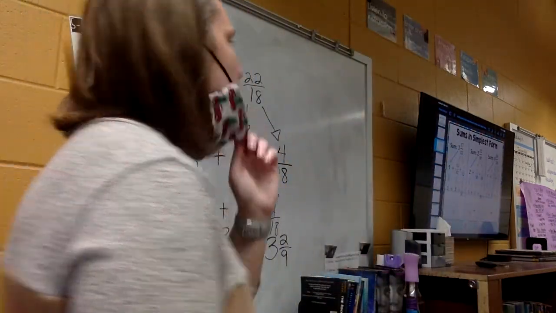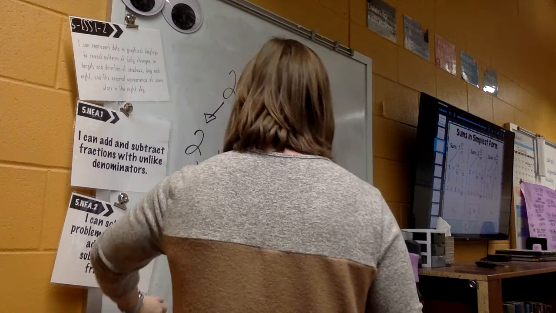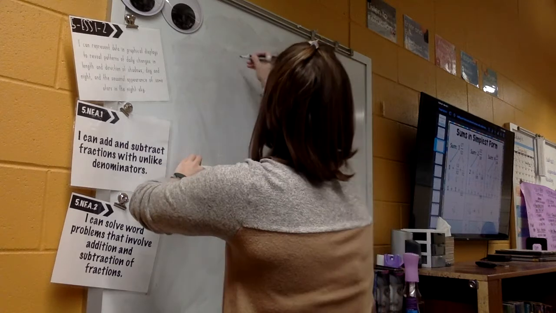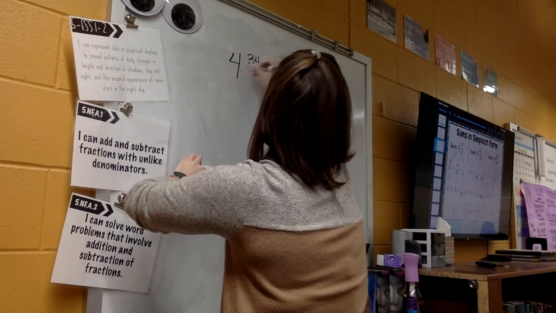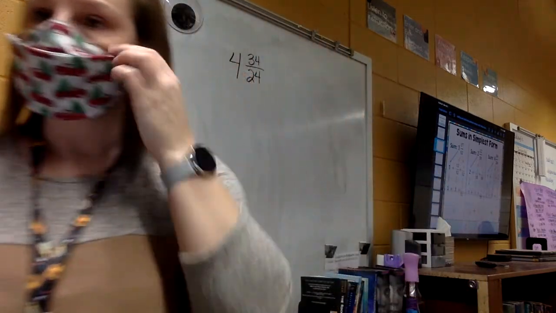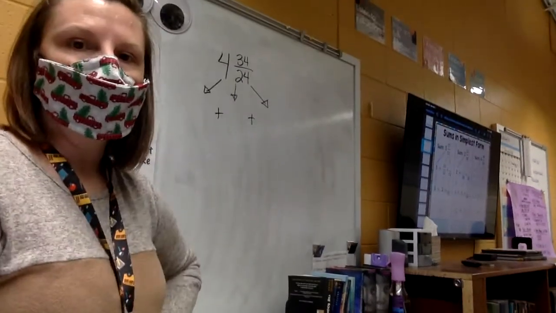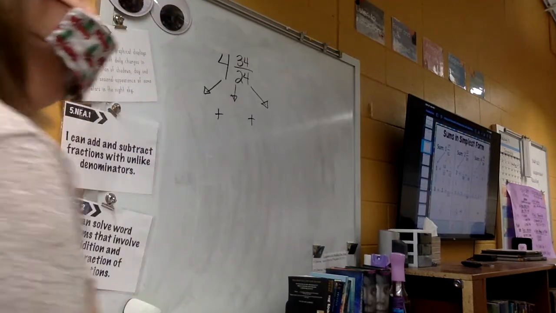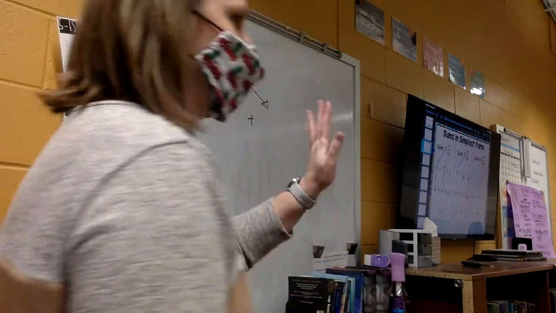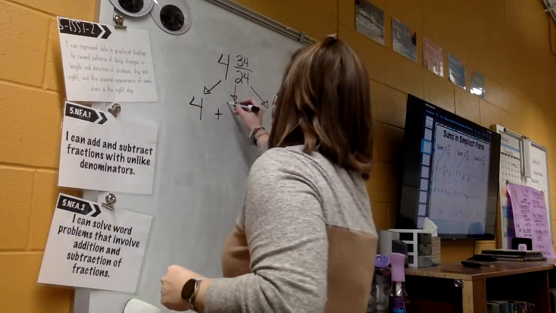Okay, let's try the last one on your own. 4 and 34/24. All right, let's look at the last one. What's my whole number? 4. It still stays the same. 24, for now. Then I have to pull a whole out of this one, which is